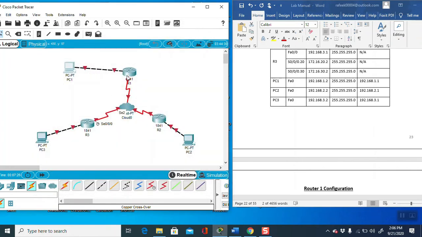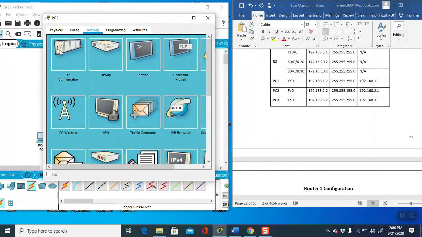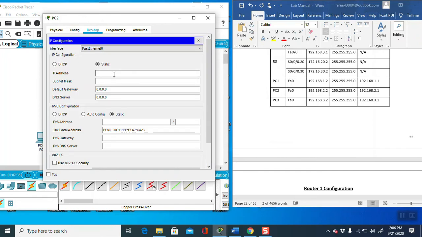Okay, this interface. Now go to the second PC. Give the IP address 192.168.2.2, and default gateway 192.168.2.1.